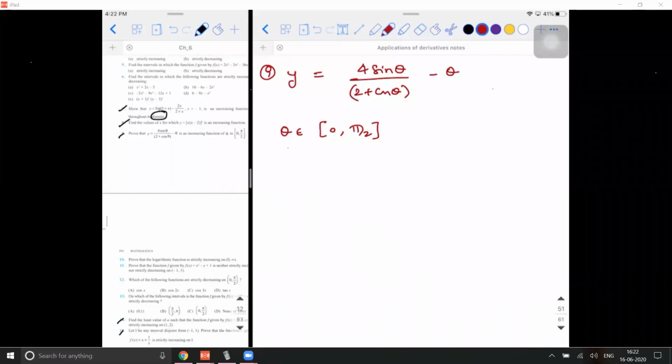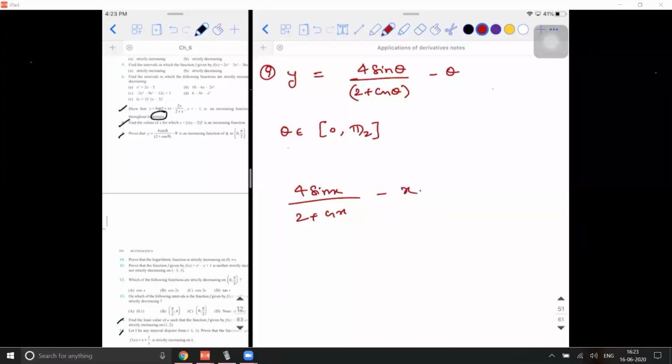So what is the domain of this function? Minus pi by 2, comma pi by 2. Closed interval, need not be. Why are you restricting it to minus pi by 2? See, again it is like 4 sine, instead of theta, think like x. 4 sine x divided by 2 plus cos x minus theta. See, wherever you have a fraction, it's R actually. Anyways, I'll explain why it is so.